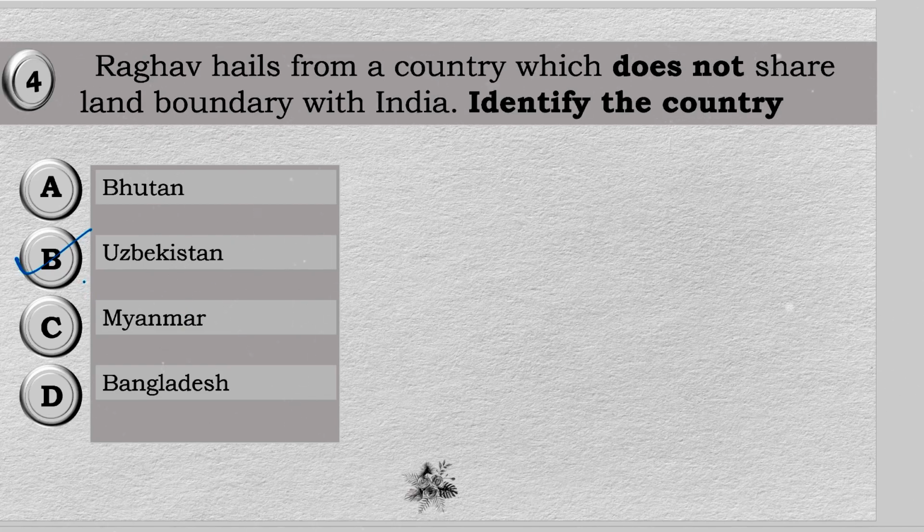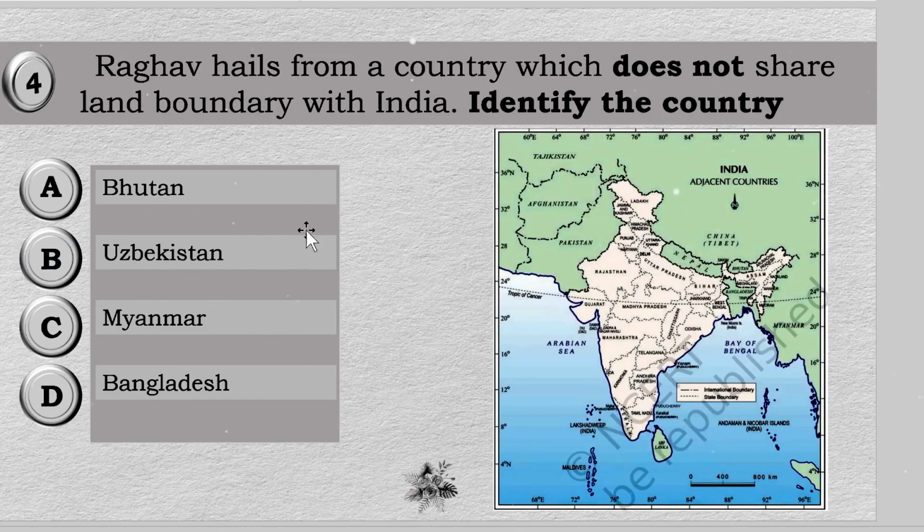Now let us see the countries that share boundary with India. There are around 7 countries that share land boundaries with India, and 2 countries in the southern part which are our neighbors. The 7 countries are in the northwest. We can see Pakistan and Afghanistan. In the north we can see Nepal, China and Bhutan. In the east we can see Bangladesh and Myanmar. So if you count this, there are around 7 countries that share boundary with India, and in the south we saw 2 countries that are Sri Lanka and the Maldives.